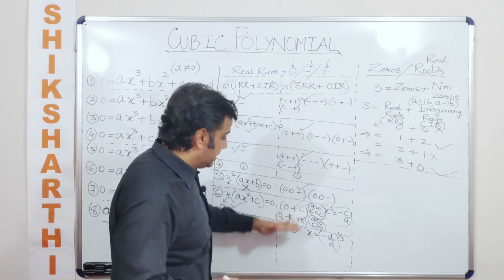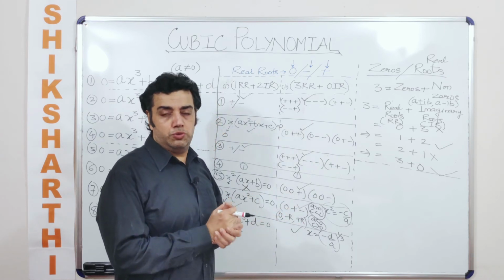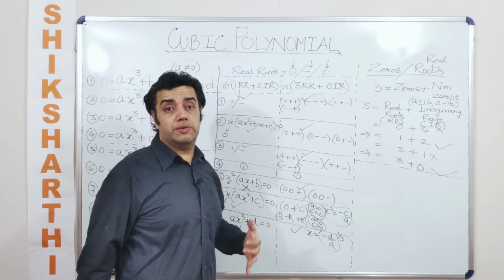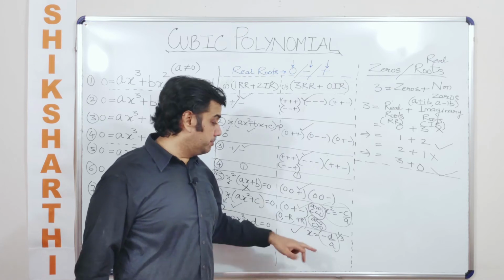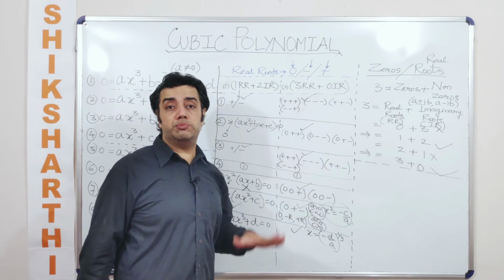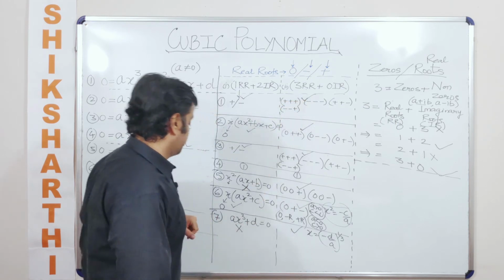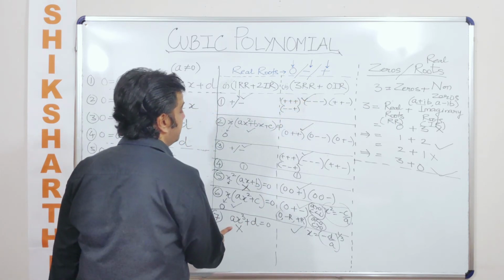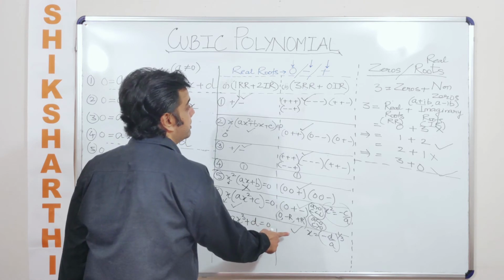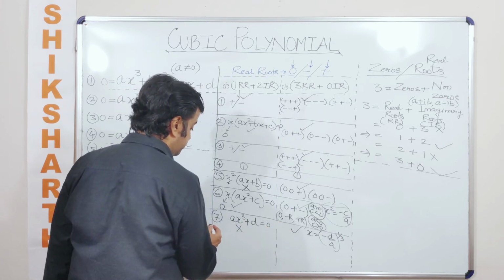Always. In the rest of the cases, you can't talk like this. You just can't say whether all the three roots will be equal. So we are basically talking about all the three roots being equal to each other, but you are having three real roots. Okay. So case number 1 will not hold good here. It is only case number 2 that is going to hold good here.